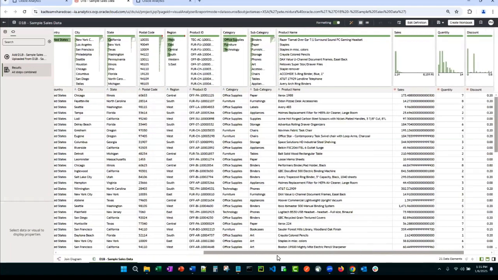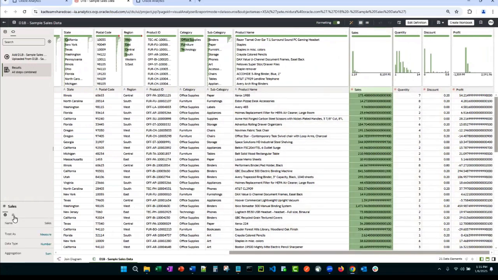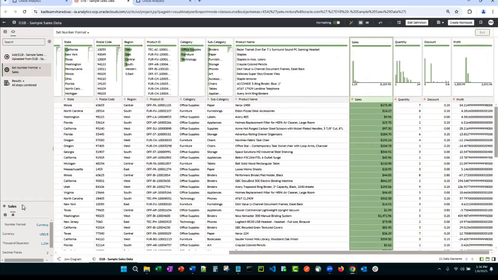Now, looking at this data, we have some measures over here. We can see sales, quantity, discount, profit. Well, this sales, I don't really want it to be displayed like that. I can come to here, and I can actually give it a different format. Now that's going to help anyone building visuals on the front end. The more work you do here, the less work you have to do when you're visualizing to help clean up your data. So it's like one little task we can do with the data.